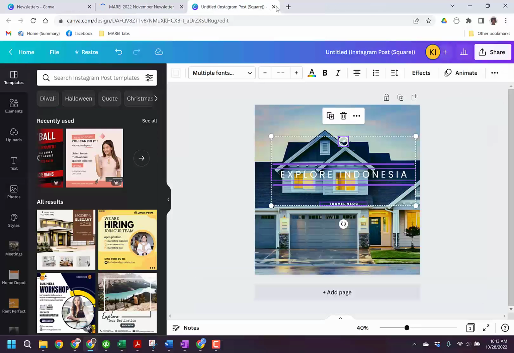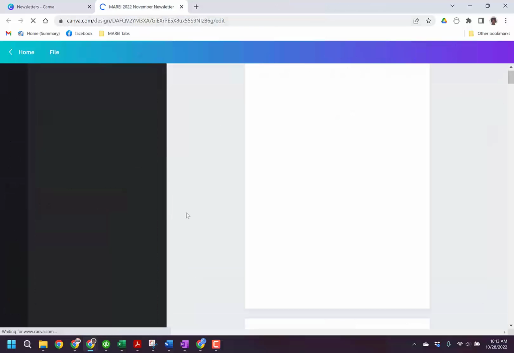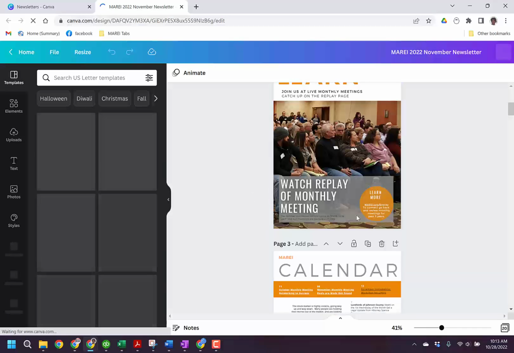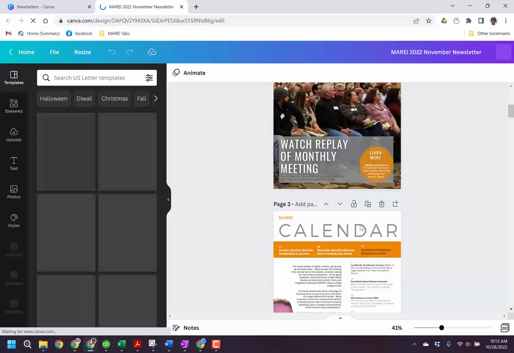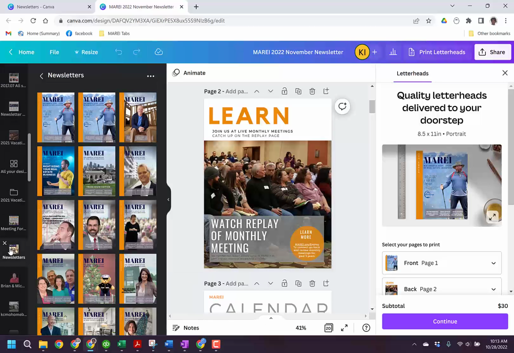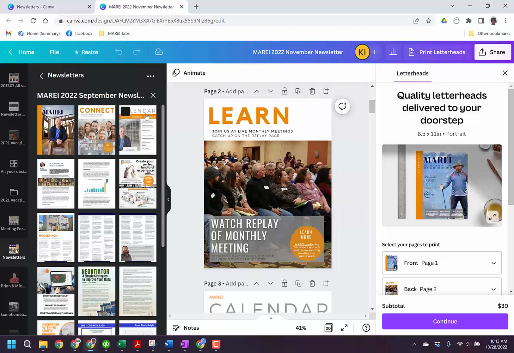Early on, I would forget to do that. And I would end up reusing the old newsletter and I didn't have it anymore. So now I can go in and I can change the front page. I can change this page. I can go back and go over here on the side, find my folders with the newsletters in it. Here's all the old newsletters. And I can open up this one and say, there, that connect page on the left, I want it here. So I can double click that